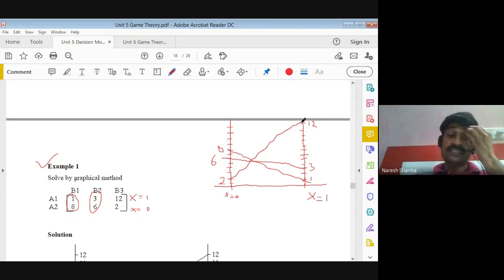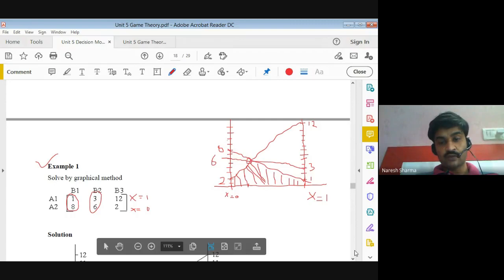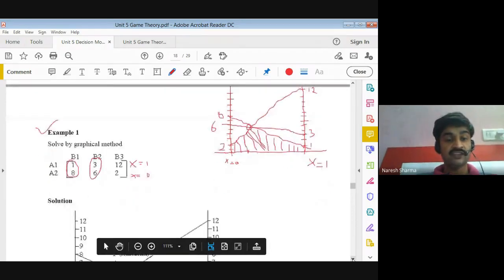So once you do that, when you have the two rows only, then you can take the lower region. So here the lower covered region is this one, where all such lines can touch. So this is your lower region. So you may shade this, and you can find the max min value. Max min value here means the maximum point here. If you see here, this may be the maximum point. So I can check the graph properly here. You can see this one, this is a proper graph.